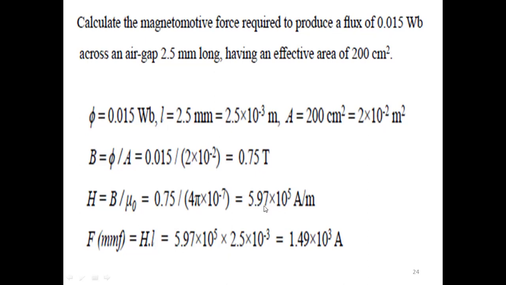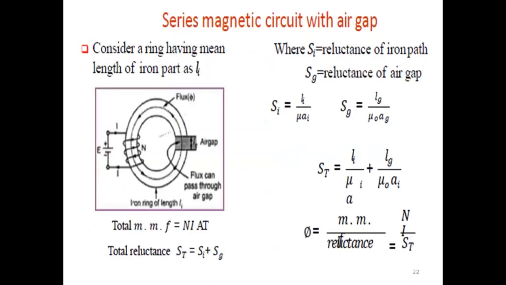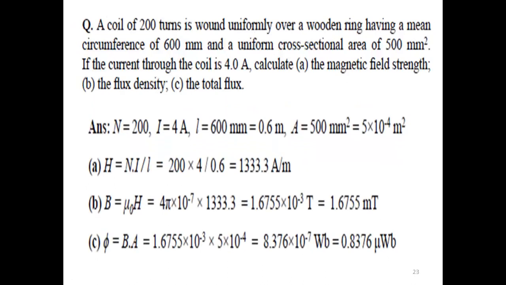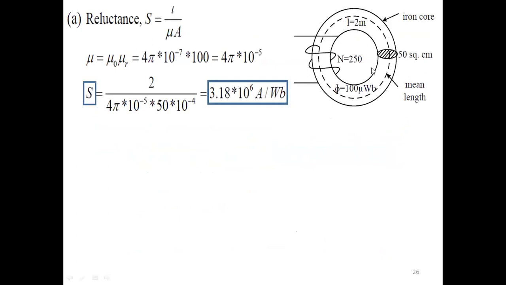You substitute 10 to the power of minus 2 here. Minus 4 is there everywhere. So another 0.2 will be increased here somewhere. So with the minus, somewhere it is going to increase or decrease. The value will become the same, only the 10 to the power will change over there. You do that one. So for this problem, the area is 50 square centimeter, which means 50 into 10 to the power of minus 4 meter square you have to use here.